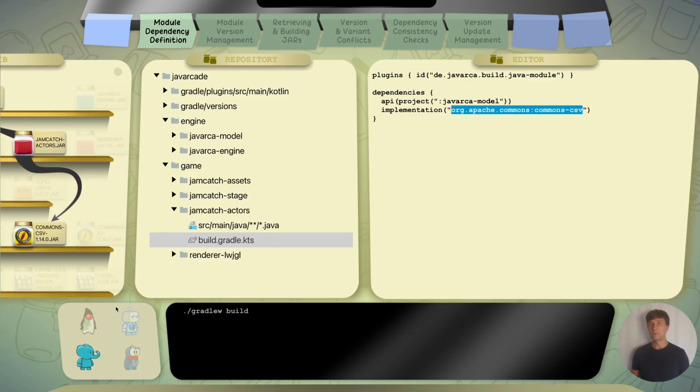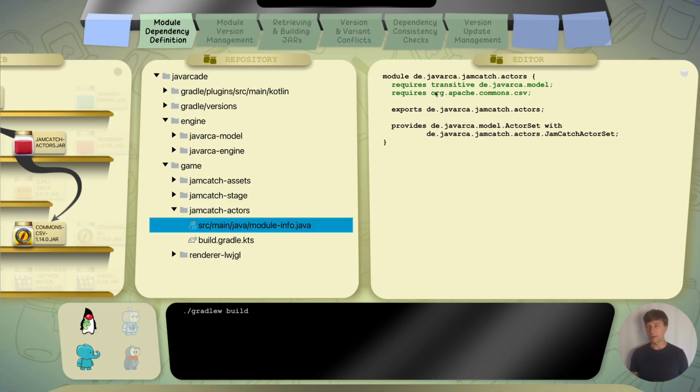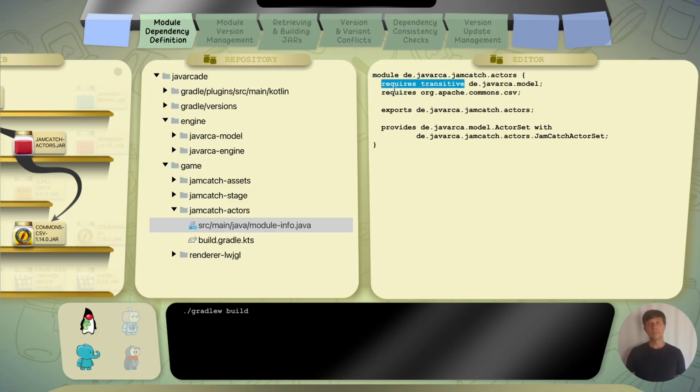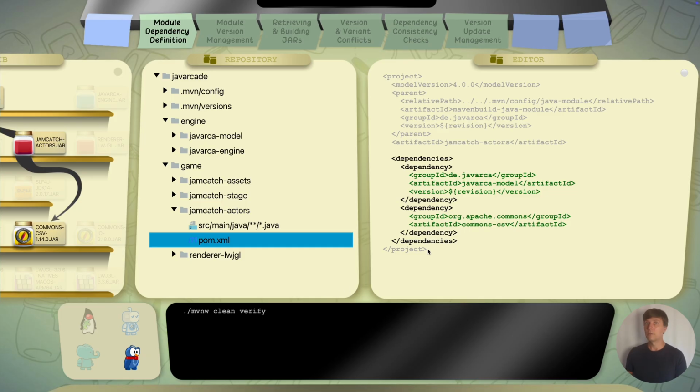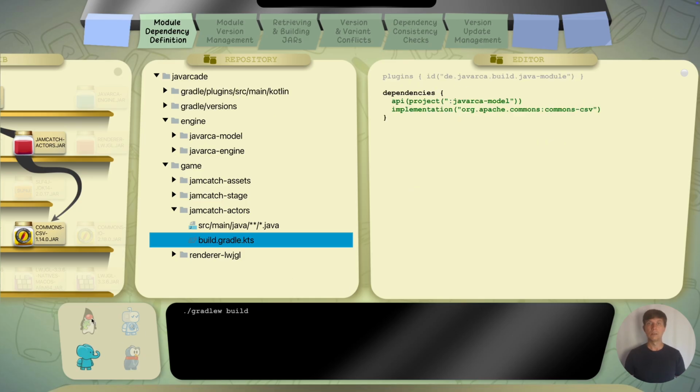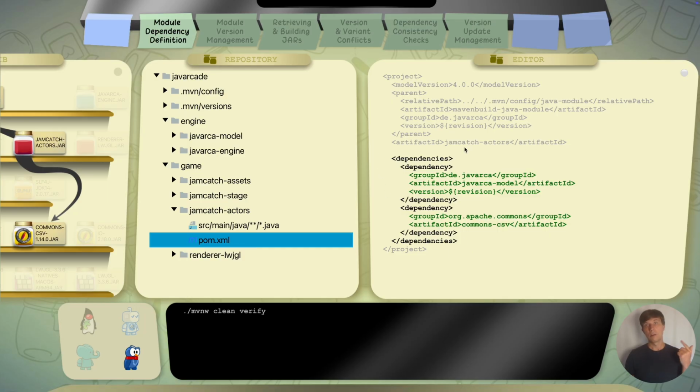Also, the module info file can have scopes, so there is require, for example, and require transitive. I also have a video that goes into more details on that topic. You might notice that now in my dependency definitions, I also did not define any versions. This is needed, but one point of the recipe is to keep this information out of the files that you dedicate for dependency definition, which is either the module info file, the build Gradle file if you use Gradle without module system, or the POM XML file if you use Maven without module system.